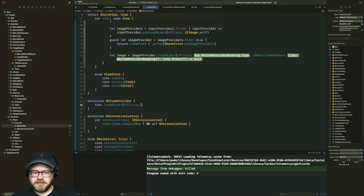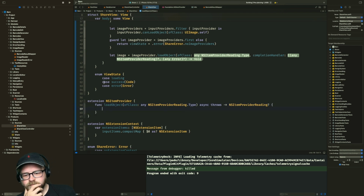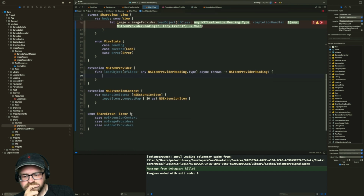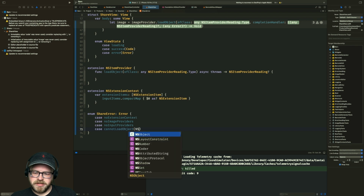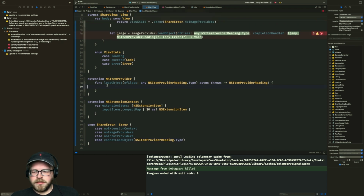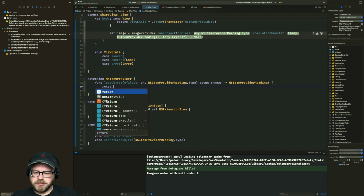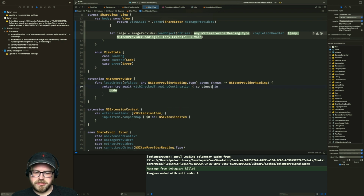of class any NS item provider reading dot type async throws. NS item provider reading. Cannot load object, NS item provider reading dot type. With return try await with checked throwing continuation in, sorry, guard